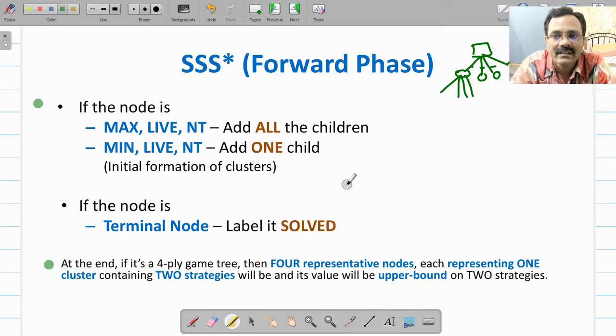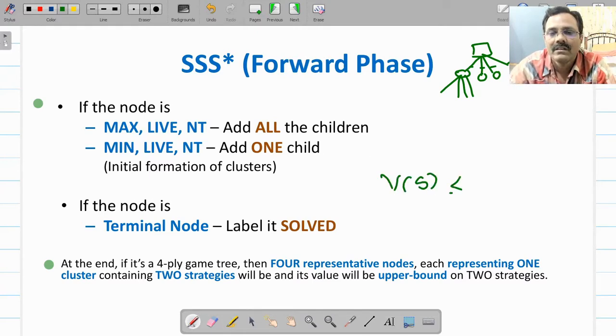So there are 8 strategies. So you have to find out the minimum set of nodes which will represent all those 8 strategies, right? So there will be 4 such nodes, each representing one cluster, and that cluster will contain 2 strategies. So one node will be a part of 2 strategies, and the value of that particular node will be the upper bound on those 2 strategies, because initially we do not know. So we know that the value of a strategy is always less than or equal to the value of a leaf node,